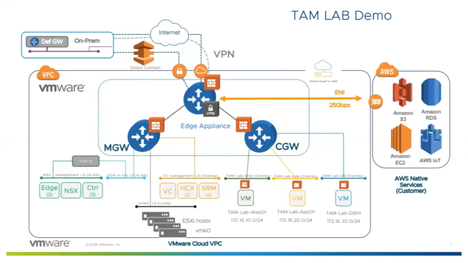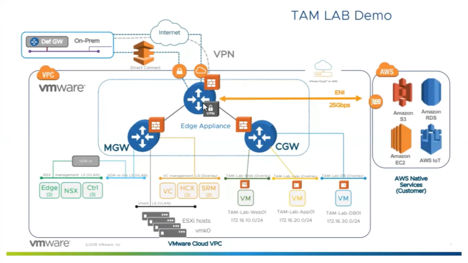Okay, so just a quick overview. This isn't designed to be an overview session on VMC or HCX or NSX or anything like that, but I wanted to put a few ideas out here about what we'll walk through today. This is a typical VMC on AWS environment. This square over here is the actual VMware virtual private cloud that's managed by VMware. I've got my on-premises environment at the top left. In this particular lab, we have an IPsec VPN between the on-premises environment and